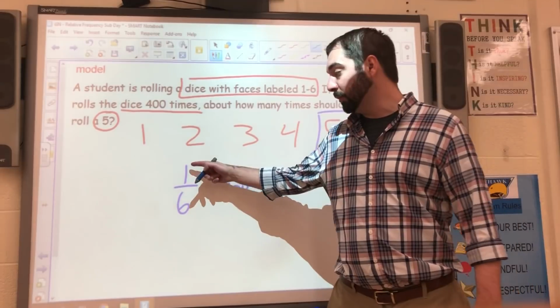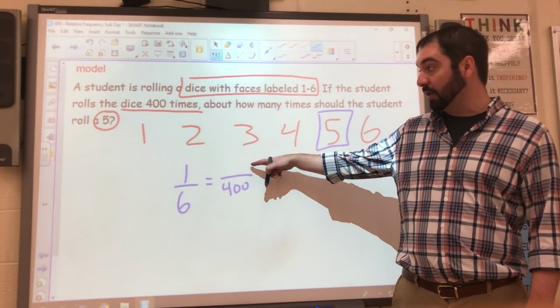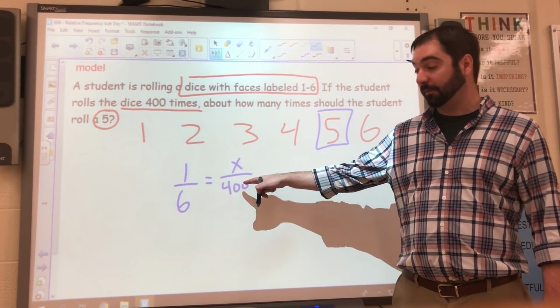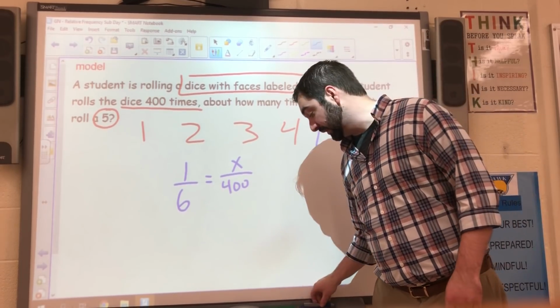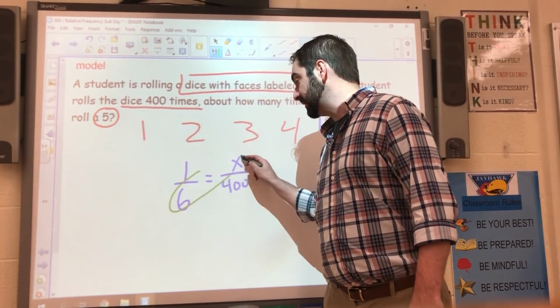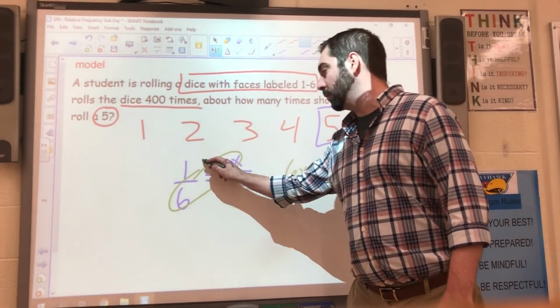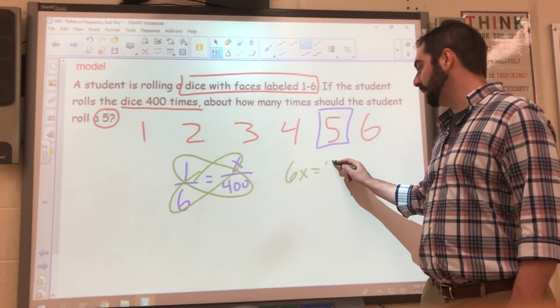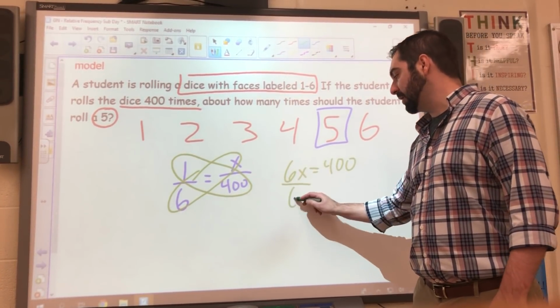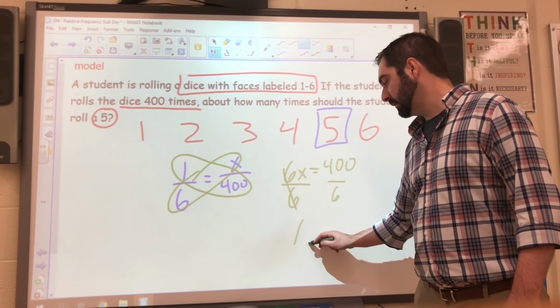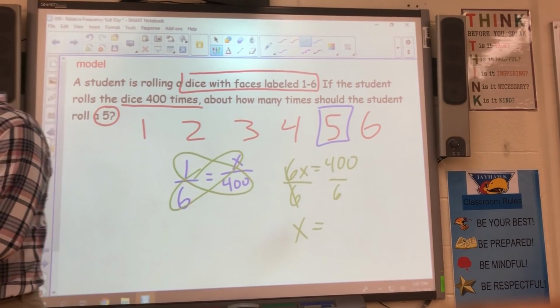So again, what we want over the total. Well, we don't know how many times we'd want out of 400 total rolls. Again, same strategies apply. 6 times x, 6x. 1 times 400 equals 400. Divide by our coefficient 6. 400 divided by 6